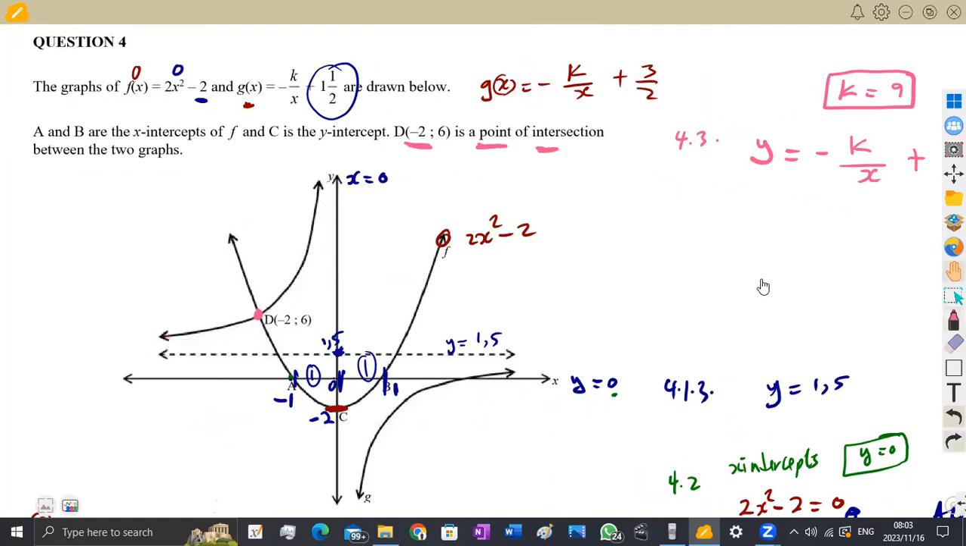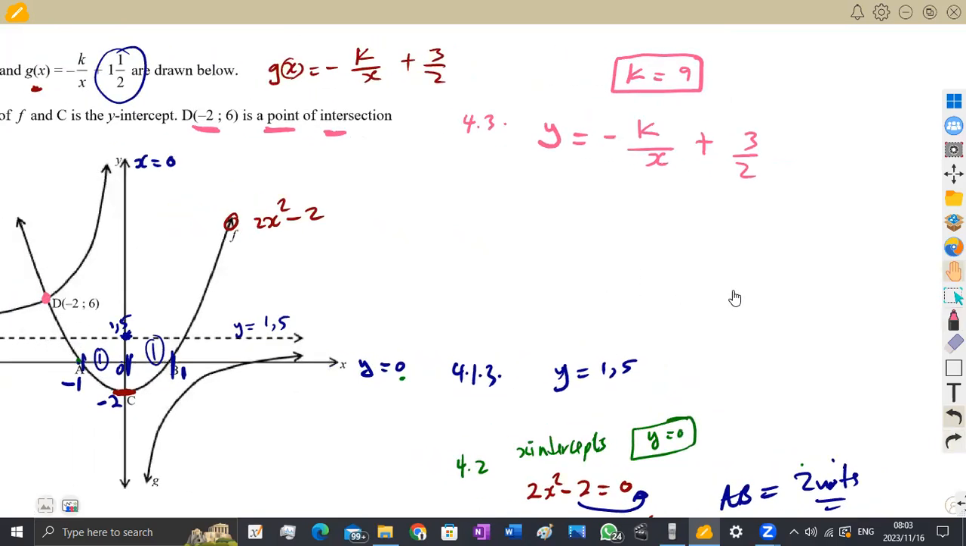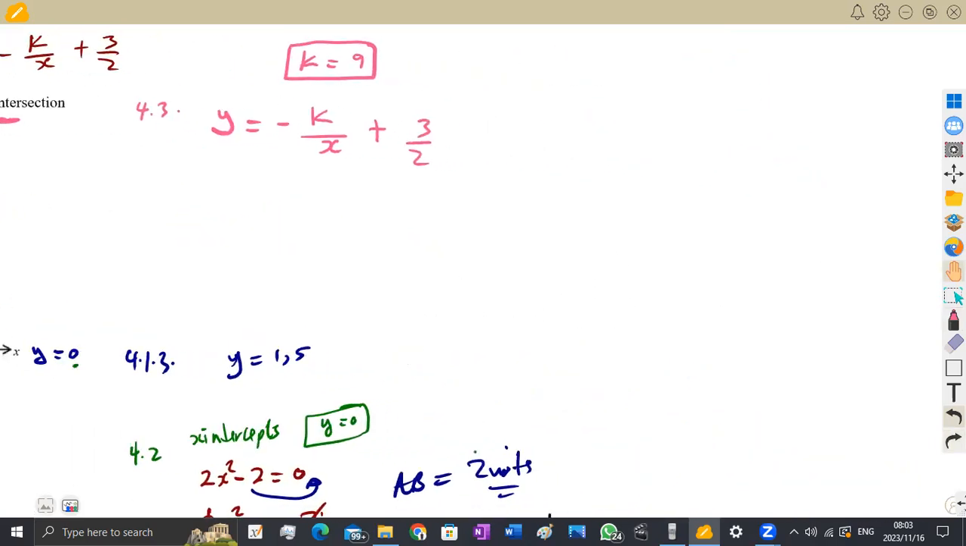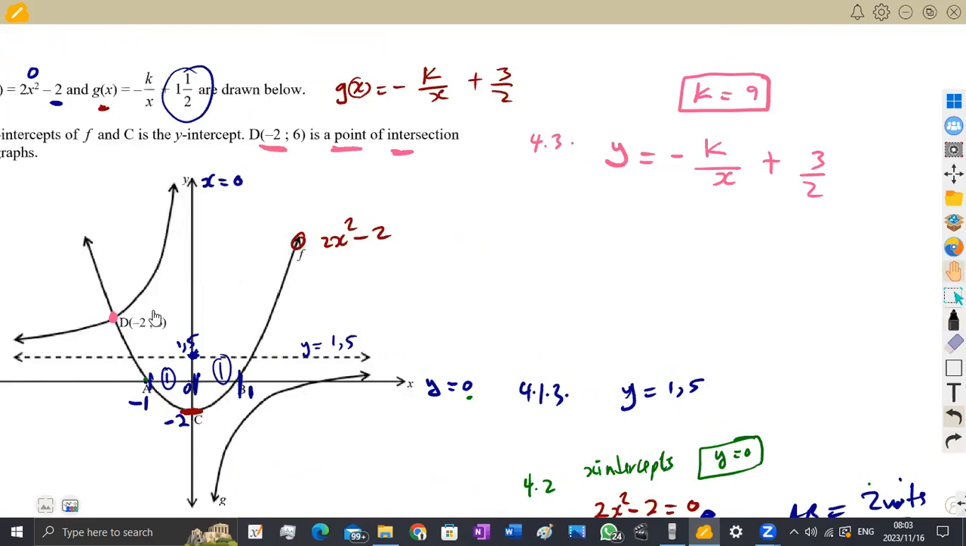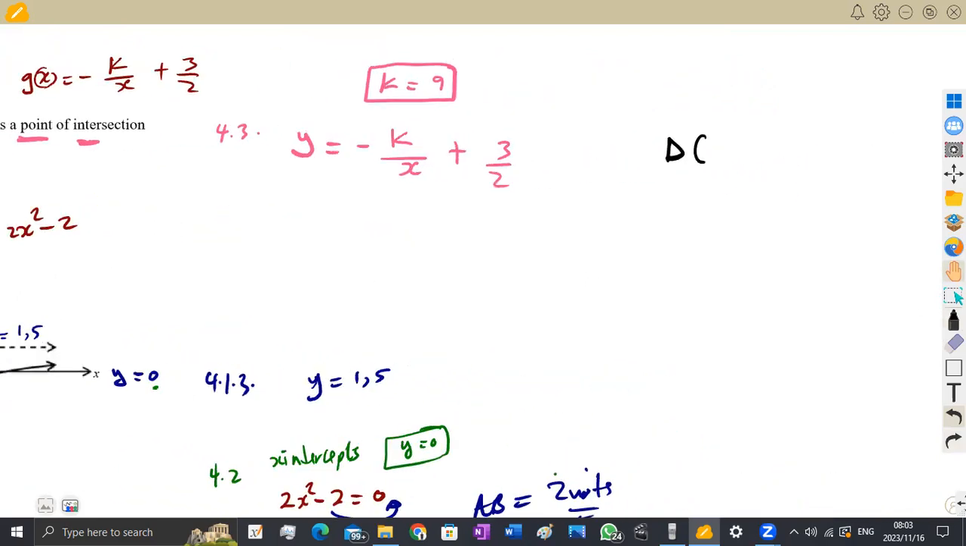So if it does that, it means we are going to substitute that point D. So taking the point D, which is given as (-2, 6) in that case. Why taking the point? Because it gives us the x value and also the y value. So you simply have to substitute what you have, the x value and the y value. So the y value, which is y there, is what? It's 6, which is equal to minus k over x, the x value, which is -2 in that case,